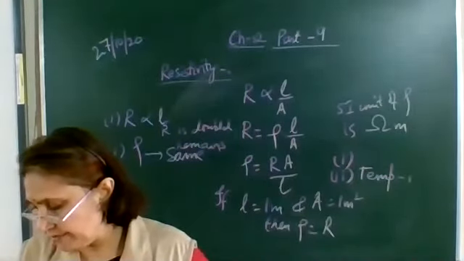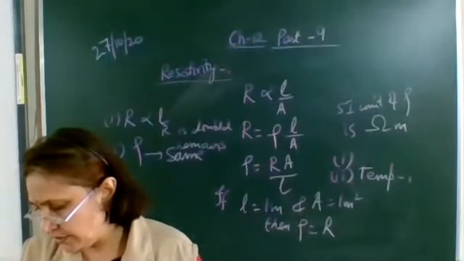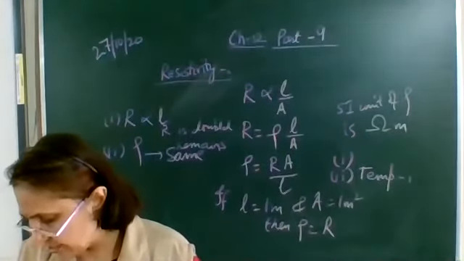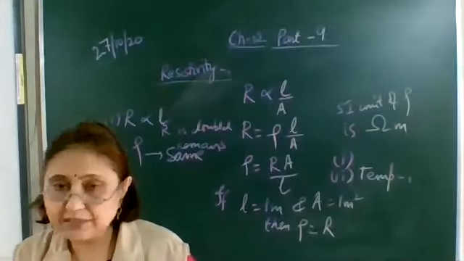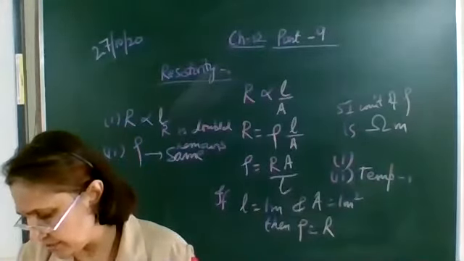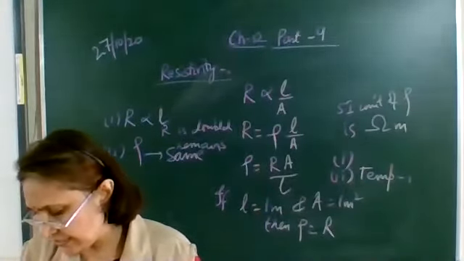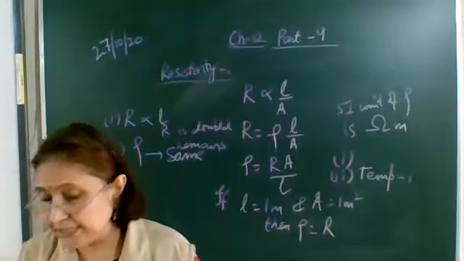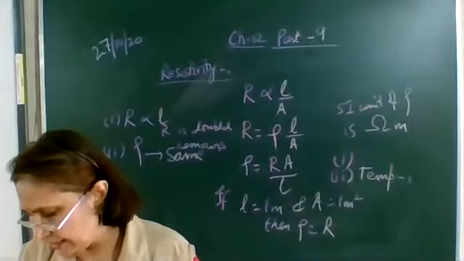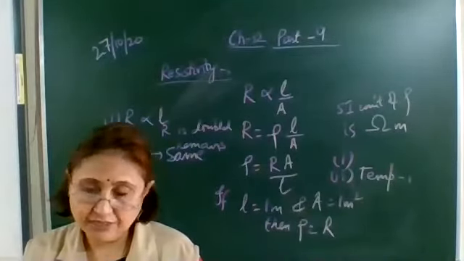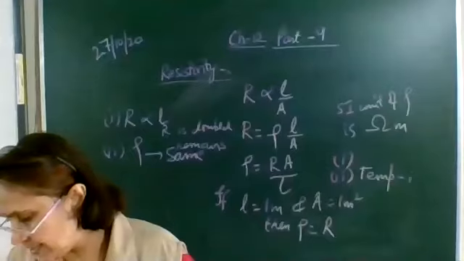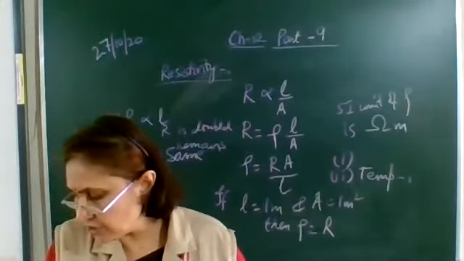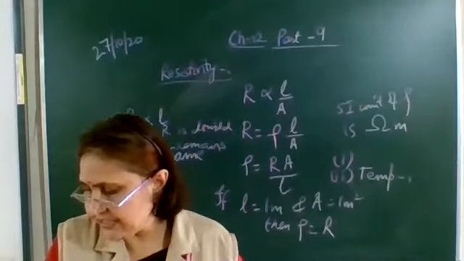Table 12.2 reveals that the resistivity of an alloy is greater than its constituent metals. So from here you can see that the resistivity of an alloy is greater than its constituent metals. Like constantan is an alloy of copper and nickel, so the resistivity of constantan will be greater than that of copper and nickel. So the alloys have a greater resistivity. For this reason, they are commonly used for heating devices. Also, these alloys do not oxidize readily at high temperatures.